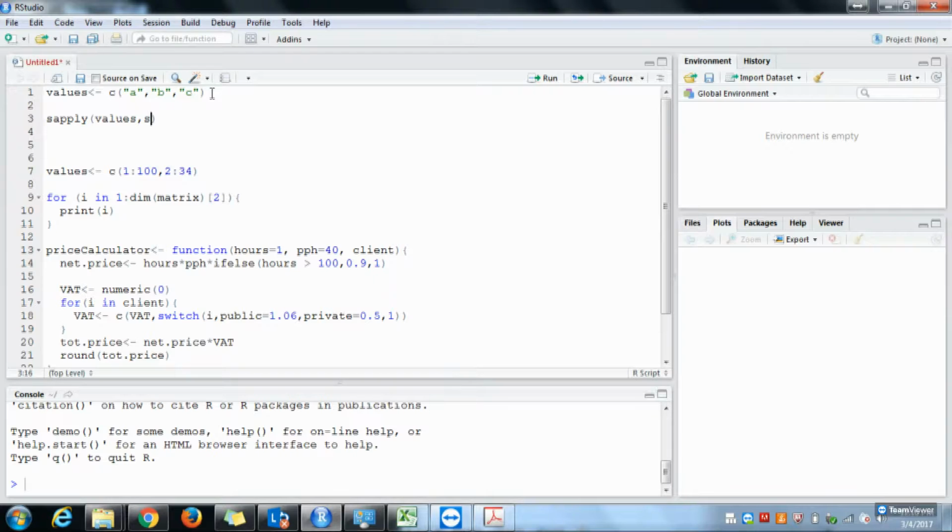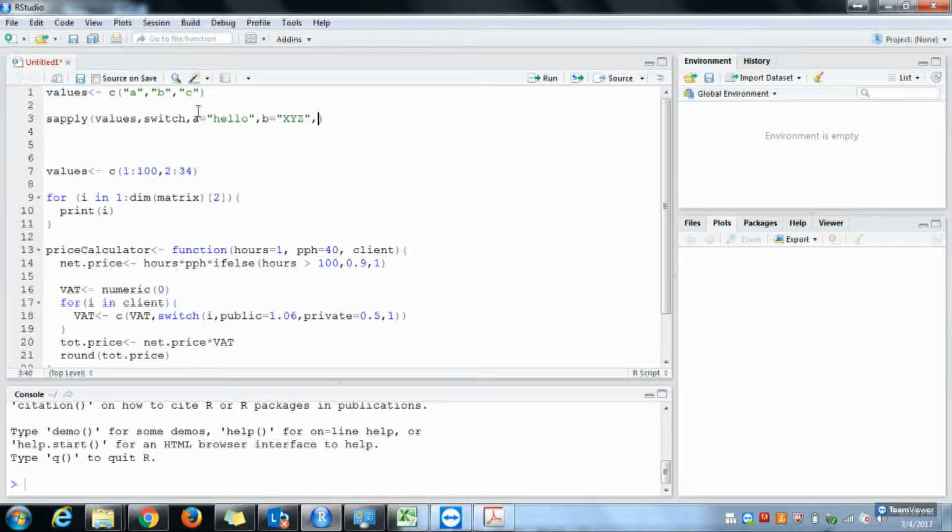The second argument is the function you want to run, the switch function, on this values vector, and then we are going to give the switch parameters based on what value the vector has. So we are going to say hello,